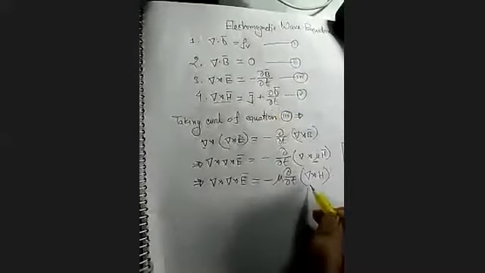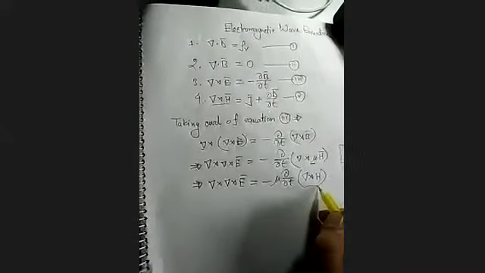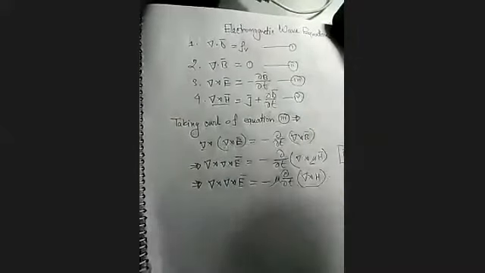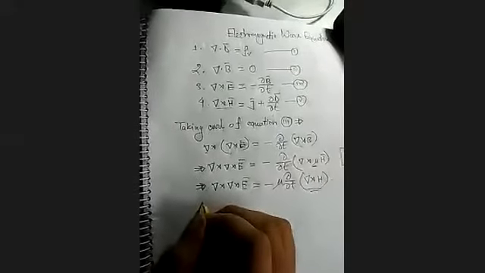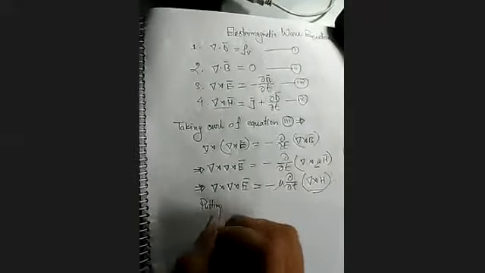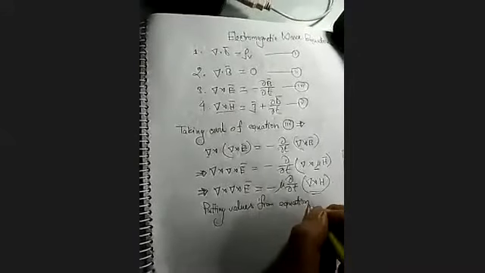Now in the right side it is del cross H. If we put the value from equation 4 into this equation, putting values from equation 4, we can get